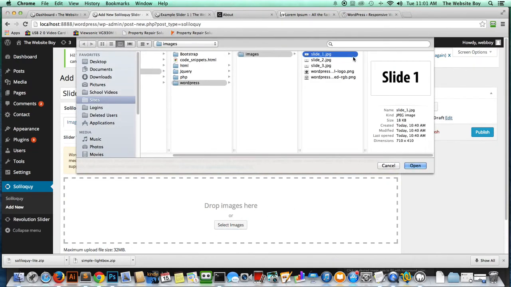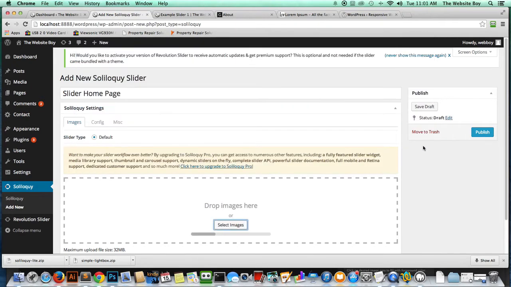I'm going to select them all by command-clicking on the pictures. This is for the Mac, and for Windows it's Control. You leave the Control key on your keyboard pressed, and you keep clicking on each picture that you want. Once you have all selected, click open or upload, whatever you have on your computer, and the pictures are going